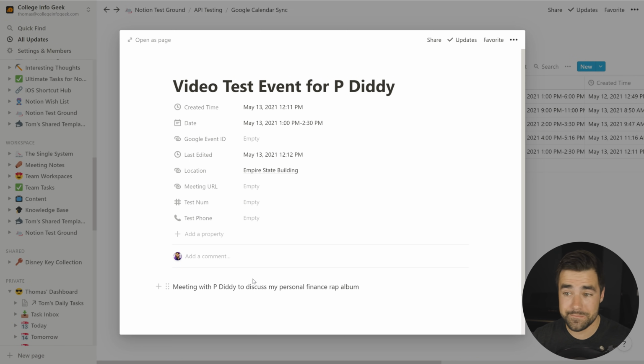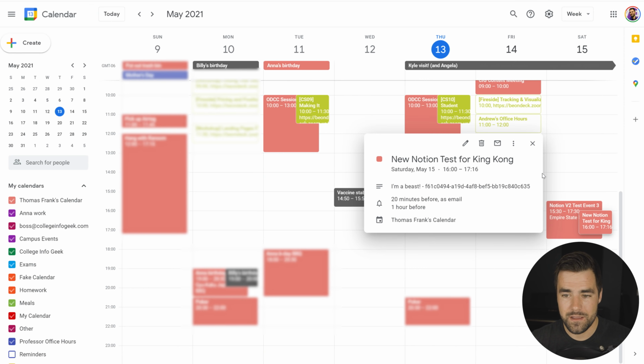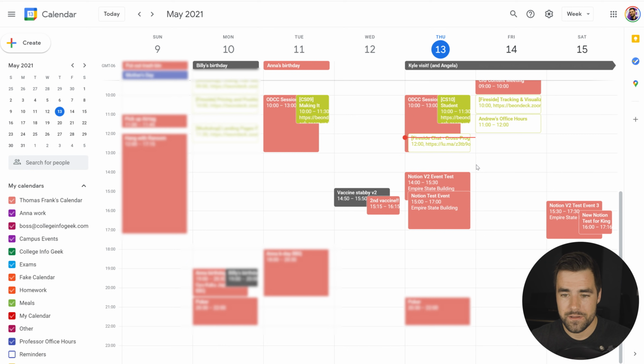Okay, so by the time I have finished explaining this add event integration here, this should be here on Google Calendar around, I think it was noon, right? So we should see it here. So let's go back